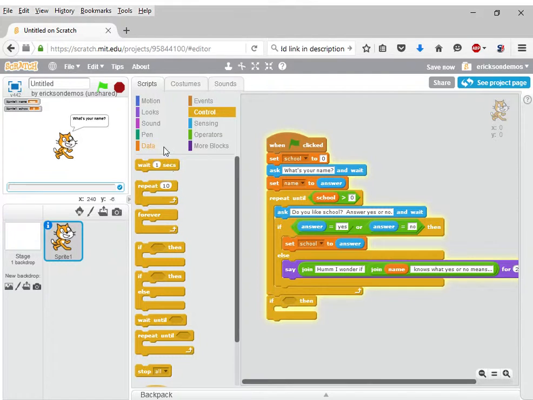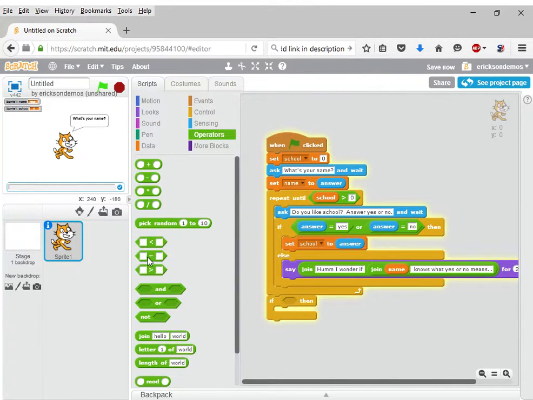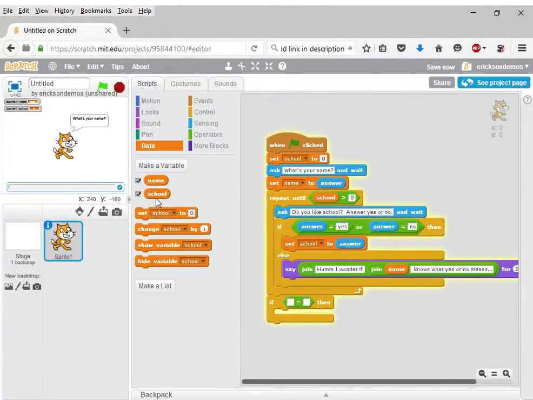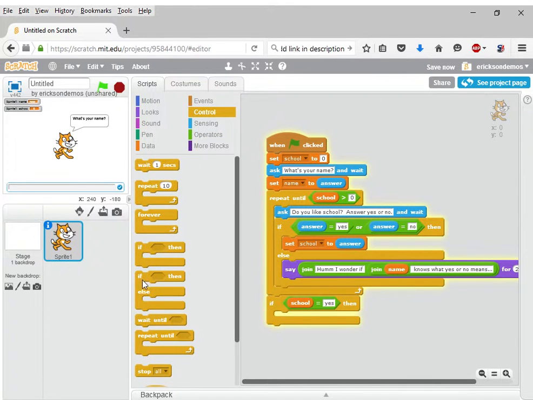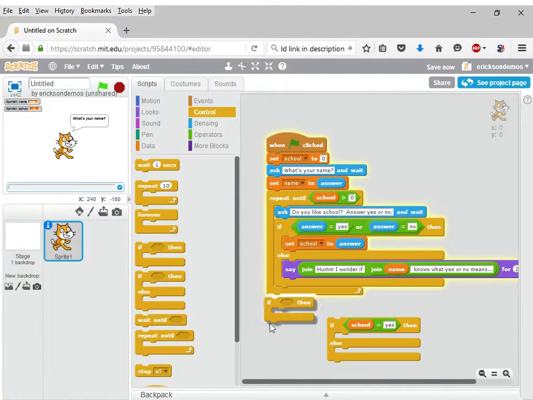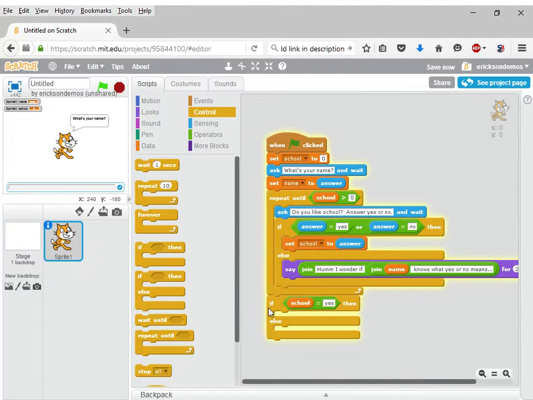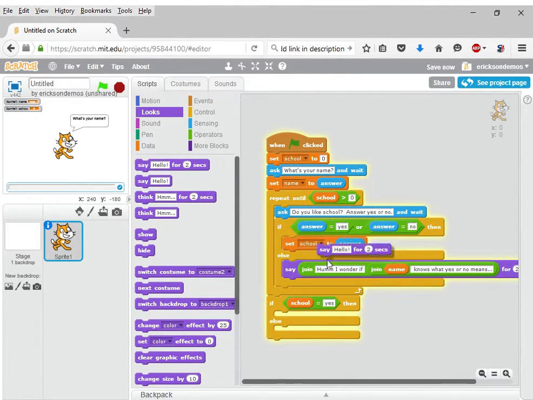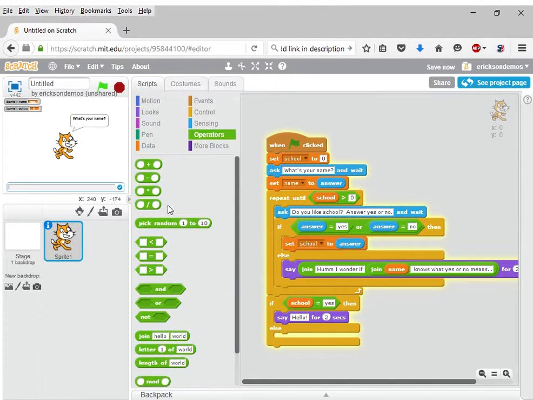So if school equals to yes, and actually we want to use an if then else here. So if school is yes, then let's say something snappy back. How about say, with a join,